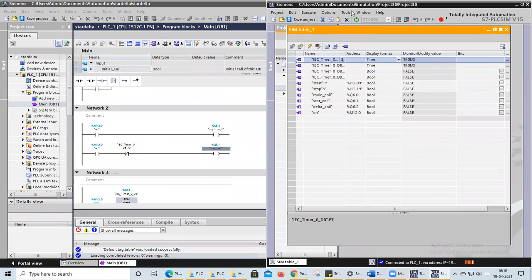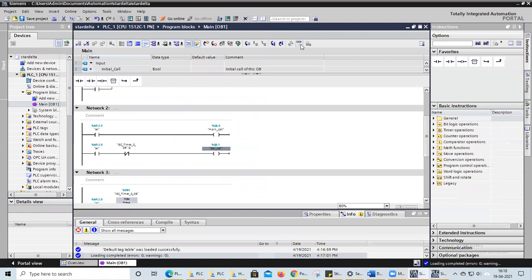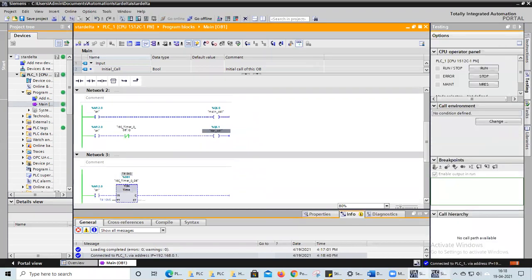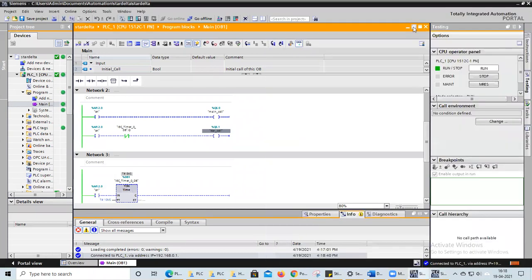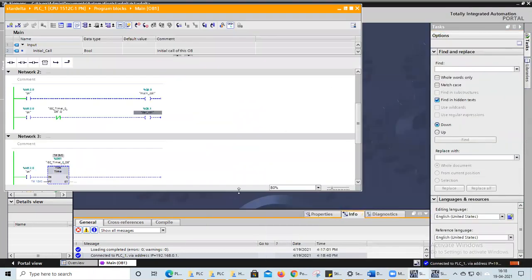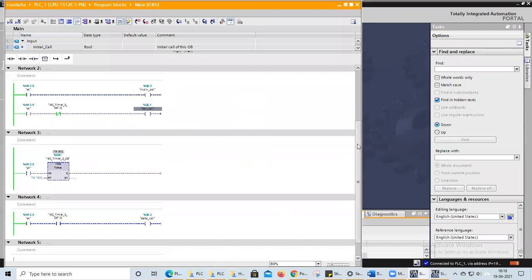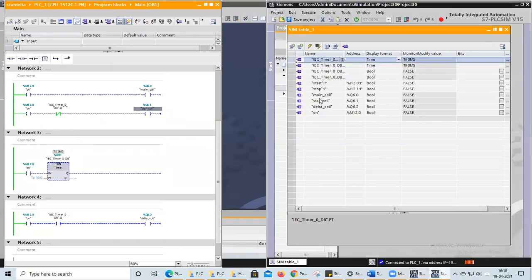Now we will test it once again. I will start my operation. Now also the same thing is happening.